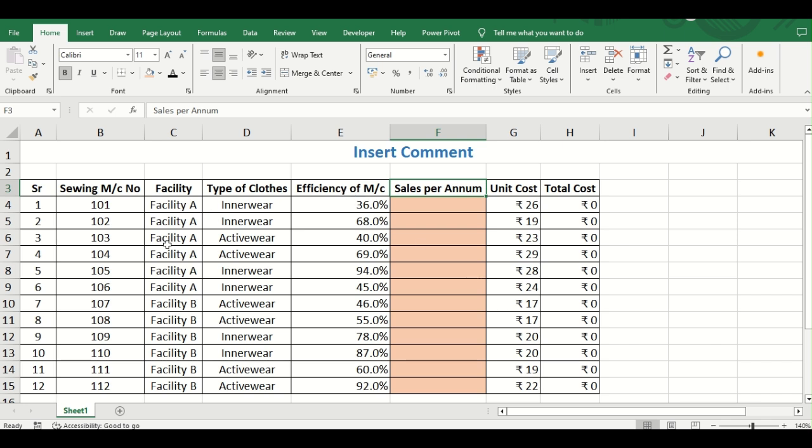Now we can see this data which is related to some facility making certain types of clothes where we have machines. So what we are having is efficiency of the machine, sales per annum, and the unit cost, and based on that the total cost is calculated. Efficiency of machines is given in the percentage terms. We want to convey information related to the same. Say this data is based on the last 5 years, so we want to add a comment here in